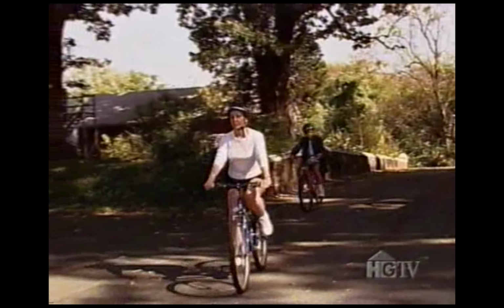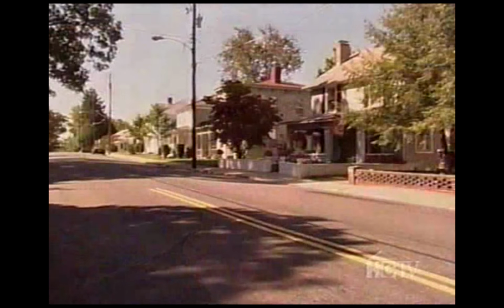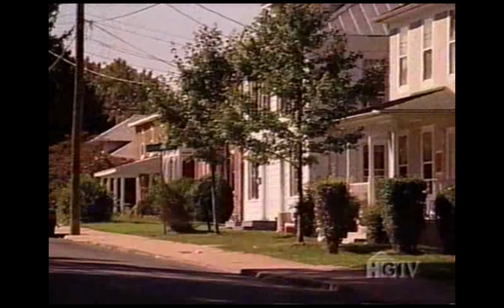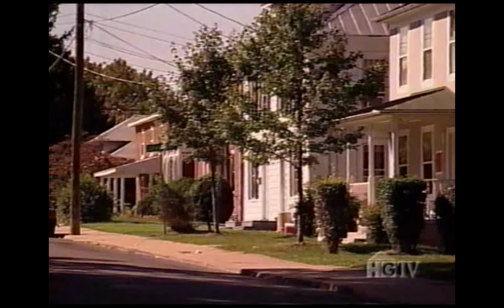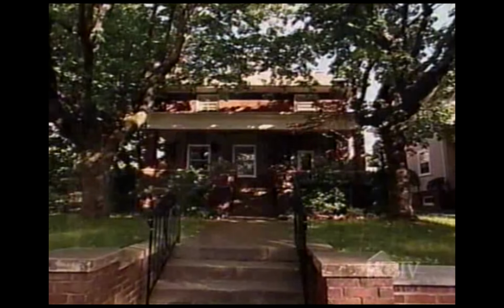Maurice and Italian-born Giovanna chose Charlottesville for its laid-back lifestyle. Well, I like the atmosphere. It's very charming, not too hectic. And they picked the Ridge Street neighborhood for its convenient location and historic homes, from craftsman style